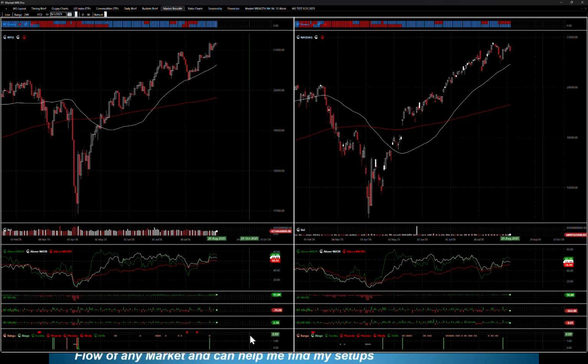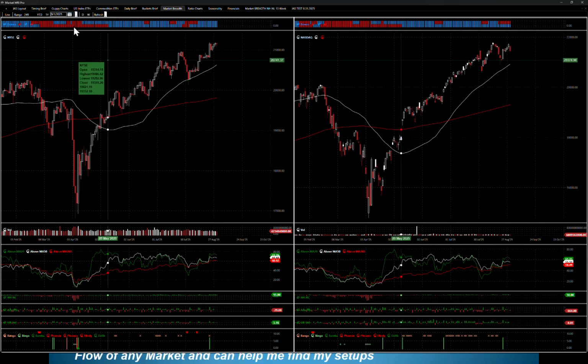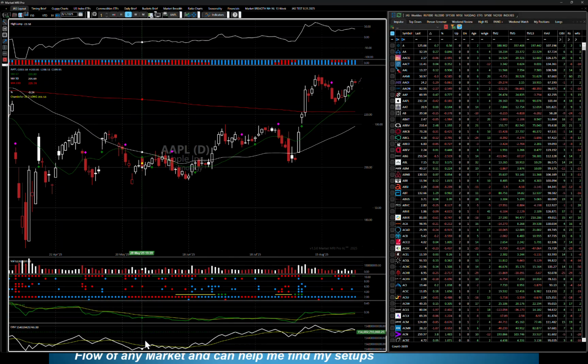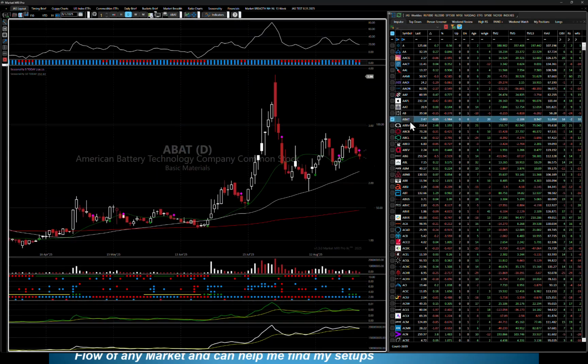I want it as an indicator, and I want to be able to add it to the bottom of my JAS layout. Why? So I can get a sense of what the overall market is doing. Why haven't we done it yet? Praveen's got to develop some type of caching methodology so it doesn't calculate it every time I change stocks, because it will take too long to change stocks if it's got to recalculate